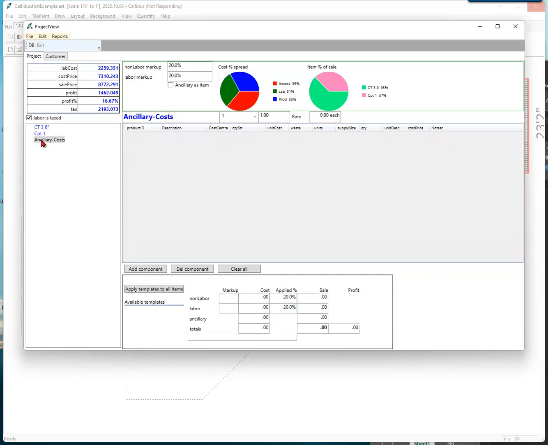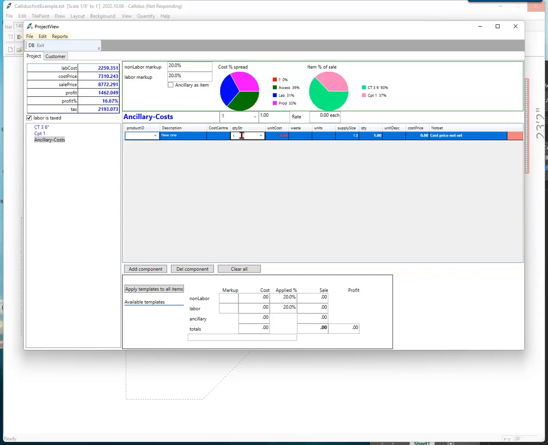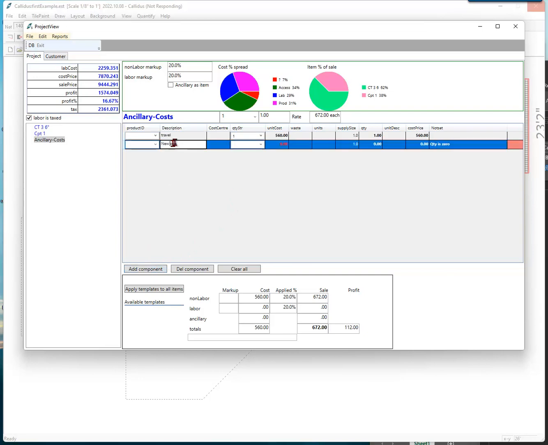You can put that into ancillary costs, and these have nothing to do with Calidus data at all. These are just added on. So we can come down here and just put in travel. The quantity here is not going to be based on anything from Calidus, because Calidus has no idea about the ancillary cost. So I can just put in 1 and I'll put in 560, and then I'll put in